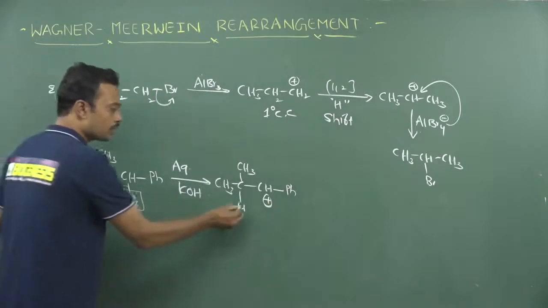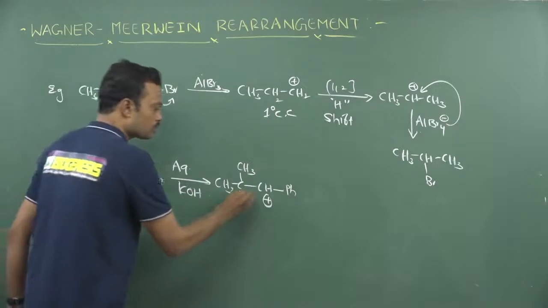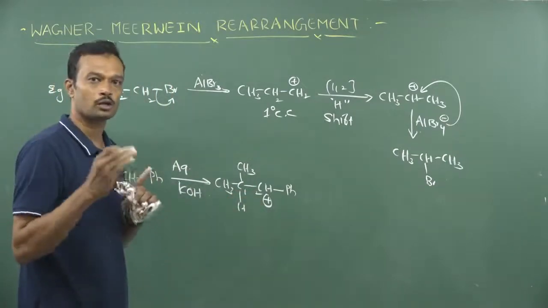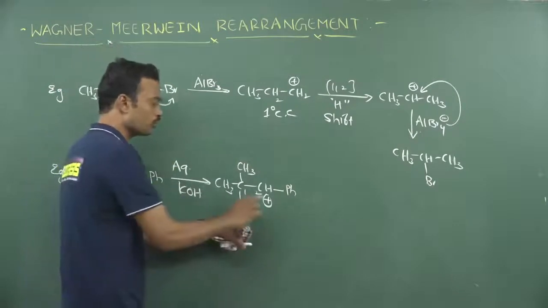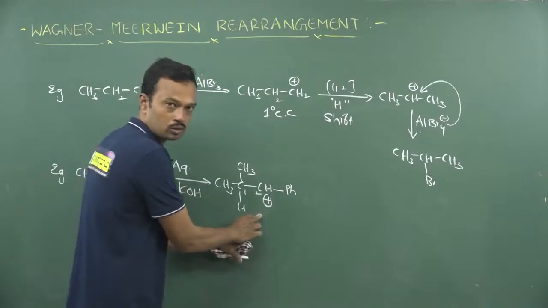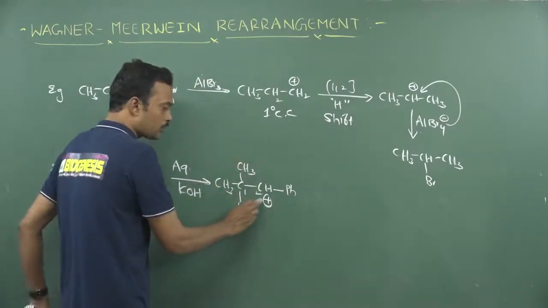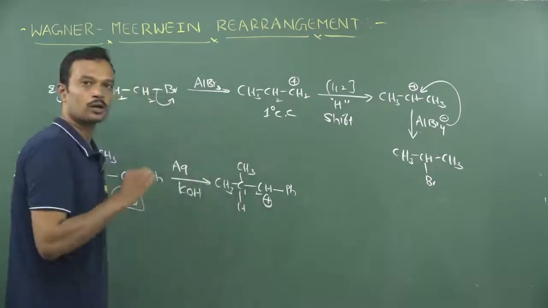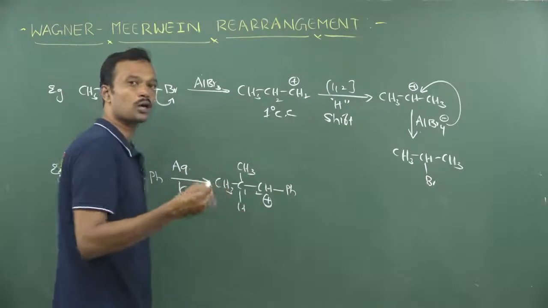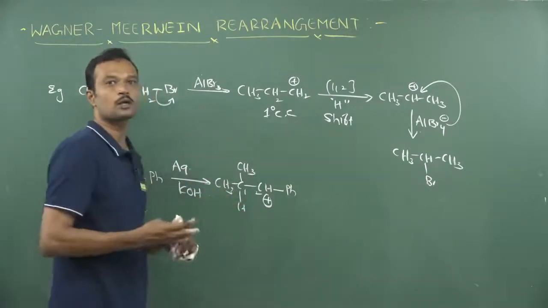Now if you migrate this hydrogen atom, otherwise if you migrate this methyl group on this carbon, this is called 1,2 shift. Check out whether you will get a stable carbocation or not. So two things you need to verify: whether the initially generated carbocation after ionization is stable or not, and secondly, if you migrate an adjacent carbon's hydrogen, methyl group, alkyl group or aryl group onto this carbocation, whether you are getting a stable carbocation or not. If you get a stable carbocation, then only this carbon skeleton rearrangement is possible.